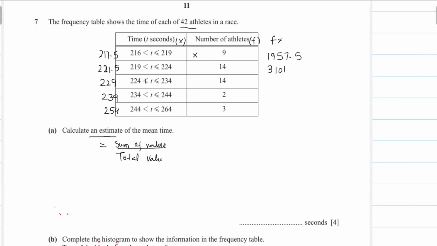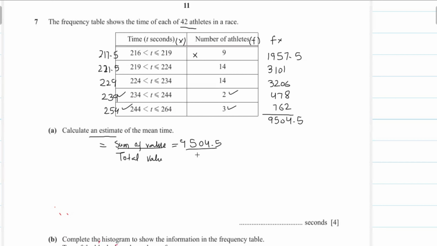3101. And 229 multiplied by 14, we get 3206. 239 multiplied by 2, this value will be equal to 478. And 254 multiplied by 3, this value will be equal to 762. Now the sum of these values will be equal to 9504.5. Therefore, the mean will be equal to